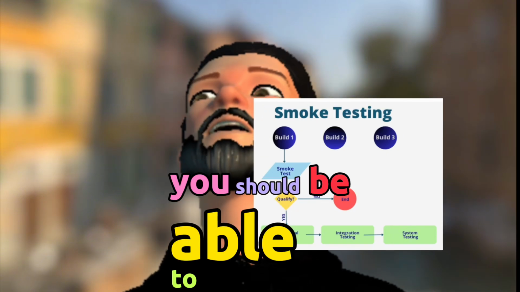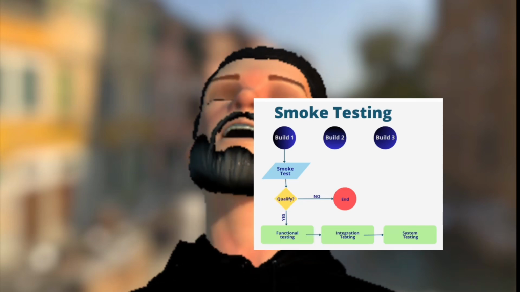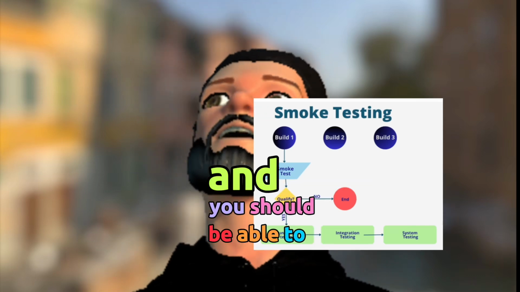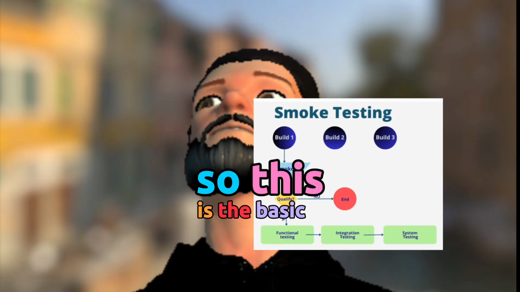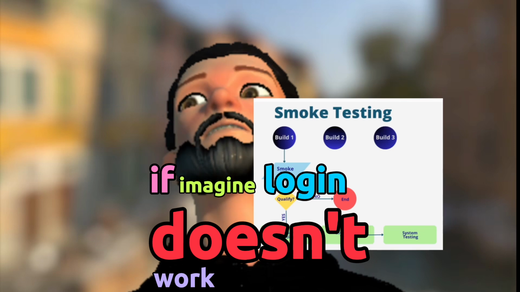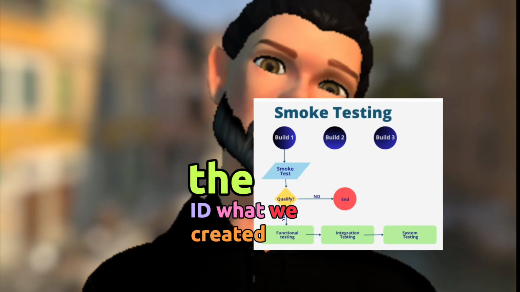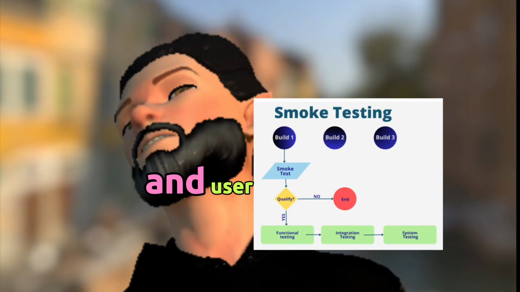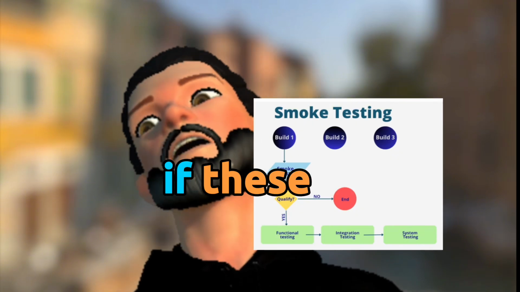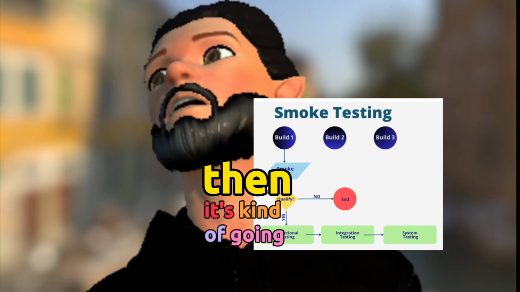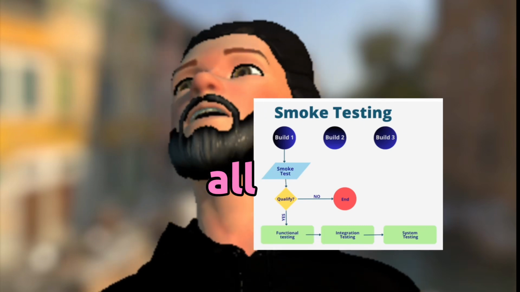You should be able to imagine Amazon again. You should be able to log in, you should be able to search, and you should be able to add it to the cart. So this is the basic functionality. Imagine login doesn't work, the ID we created earlier is not able to log in, an existing user cannot log in, a new user cannot be created. If these basic functionalities are not working, then it's kind of going to block you from all other tests, whatever